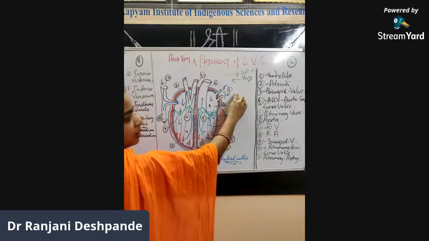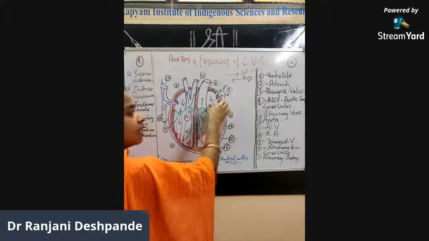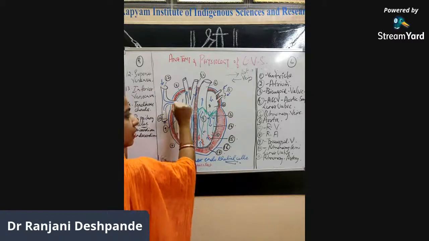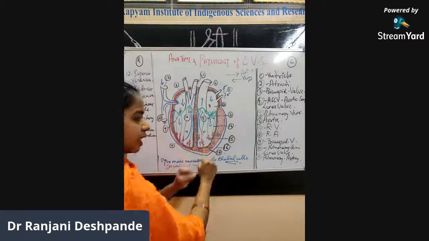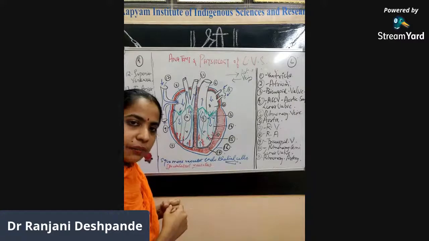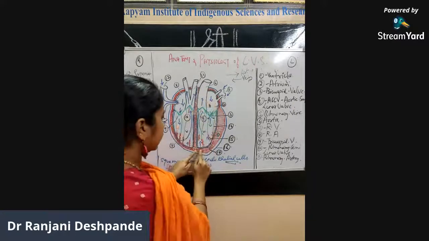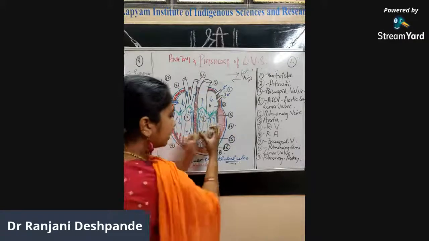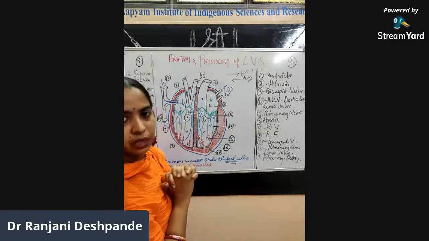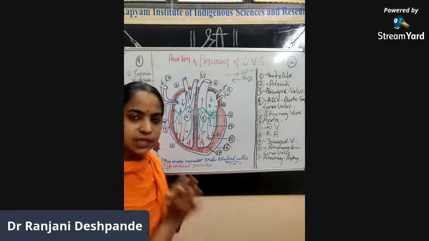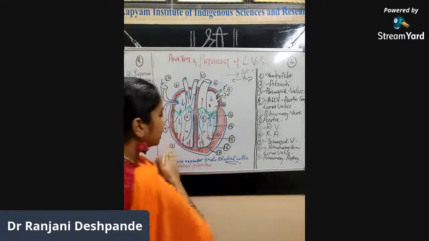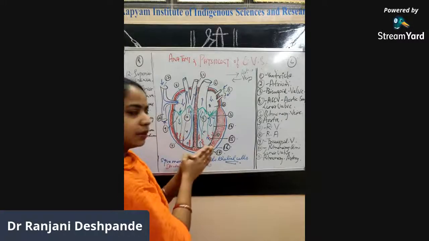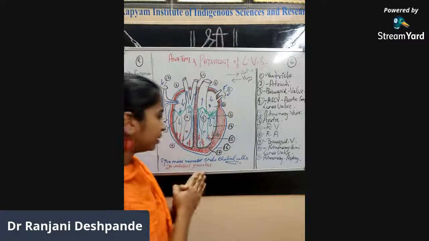Now we saw that when the blood comes from the pulmonary veins, the atria contract. Simultaneously, when the blood comes from the vena cava, the right atrium contracts, and the ventricle contracts. Who contracts this ventricle? Who contracts the atria? It is this middle layer of the heart that helps you to contract the heart in the most optimum possible way. So if you ask which is the muscle of the heart, it is not referred to either the pericardium or the endocardium. Always the muscle of the heart is nothing but the